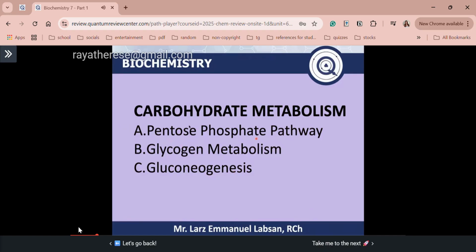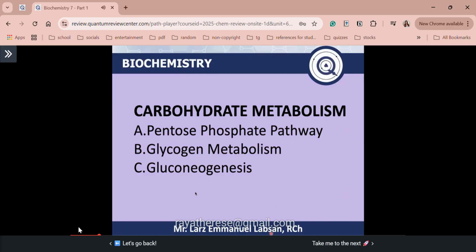Let's check the content. So first, pentose phosphate pathway. Second, glycogen metabolism. And third, we have gluconeogenesis, somehow considered as the reverse of your glycolytic pathway. But later on, you will see that it is not really, okay? So class, again, later on, you will realize kasi that these 3 pathways compared to our first set of reactions or pathways in cellular respiration, these 3 are relatively short. That's why favorite ko sila since madaling ma-familiarize yung nangyayari or what's happening in specific individual reactions of each of these